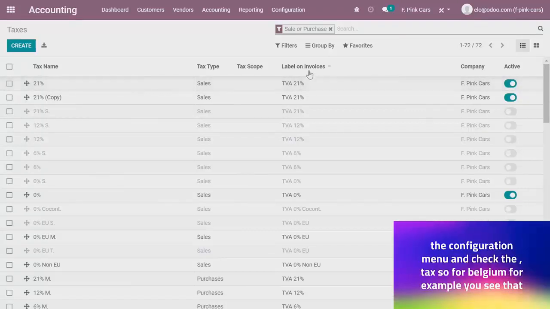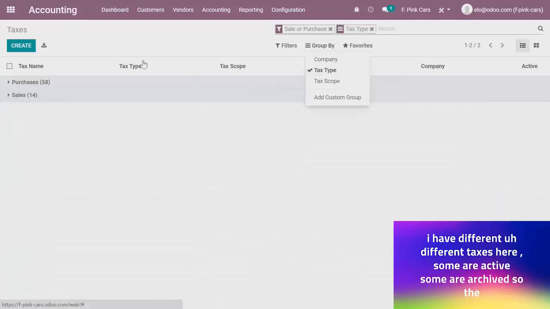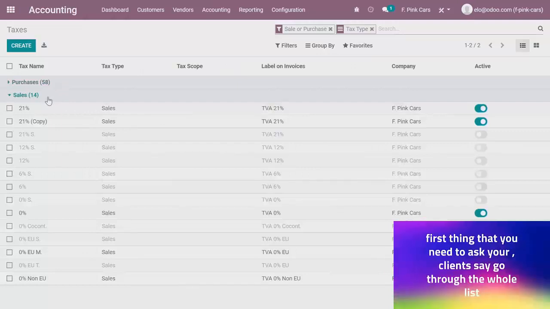just having the system all automated. So let's jump right into the database to see how all this works. If you want to access the taxes, you need to go to the configuration menu and check the EU tax. So for Belgium, for example, you see that